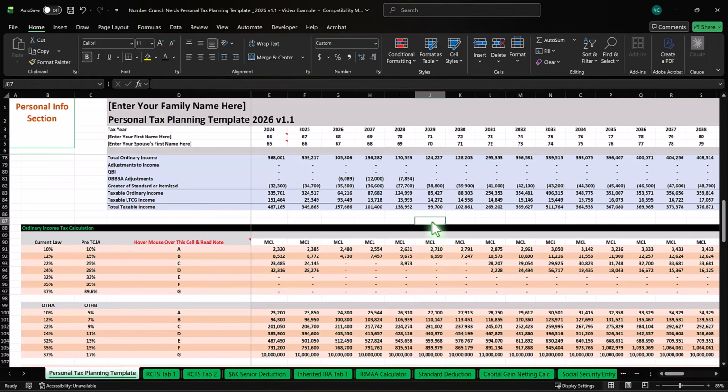So what we're going to do is I'm going to go right here. I'm going to hit the equal sign. I'm going to go grab the top of the 22% bracket, which is right here. Then I'm going to hit the minus sign on my keyboard. Then I'm going to go right up here to total ordinary income. That's the amount we have right now. I'm going to hit enter on my keyboard. We have room to pick up